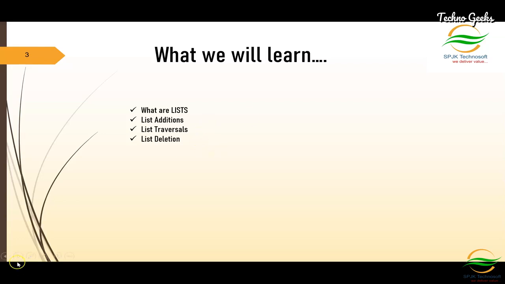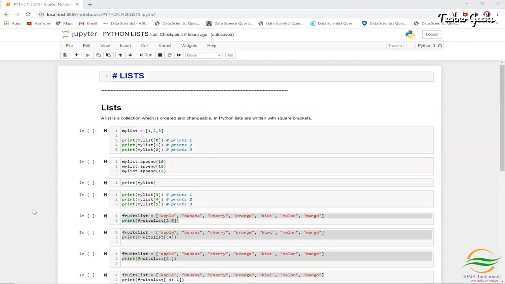So let me open my editor so that I can show you practically there. Yeah, so this is the editor. I am using Jupyter Notebook as my editor, and this is what I used earlier also in my previous videos because it is more interactive. So we are going to see how we can implement lists in Jupyter Notebook. Just to reiterate what I have said earlier, you can use any of the editors which are available, like Eclipse or PyCharm and any other editors.